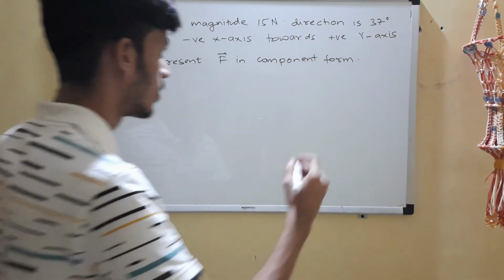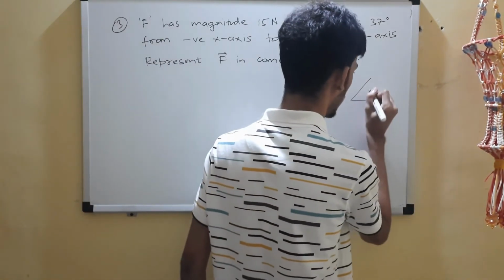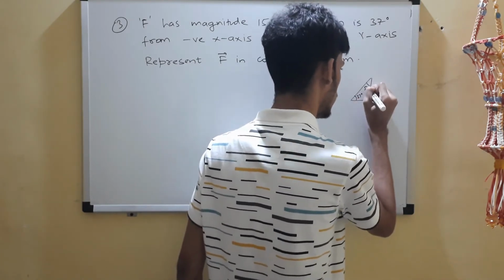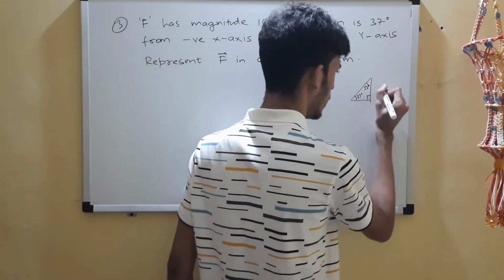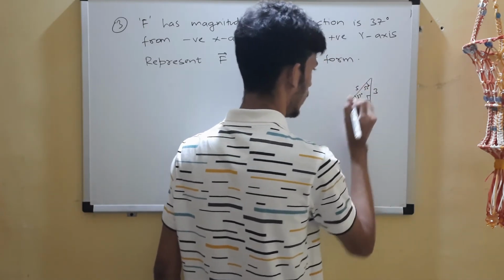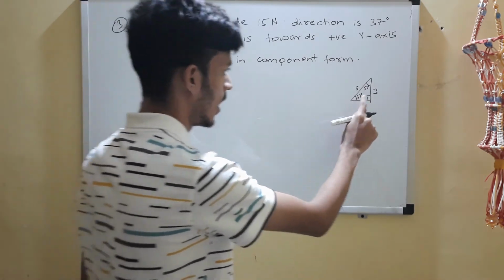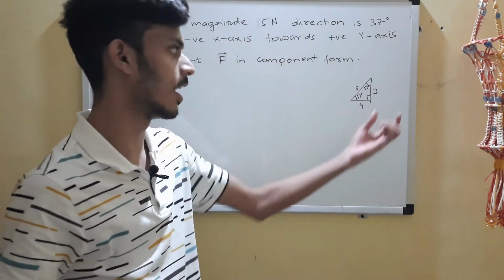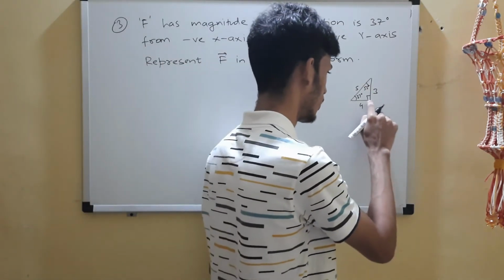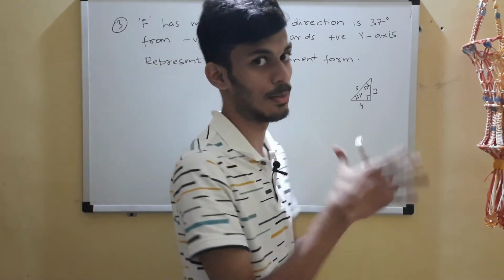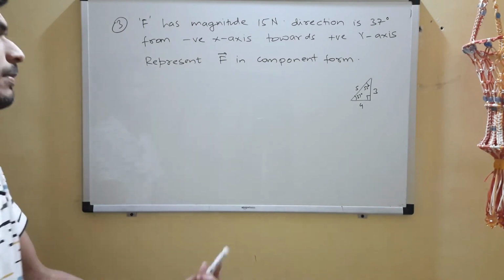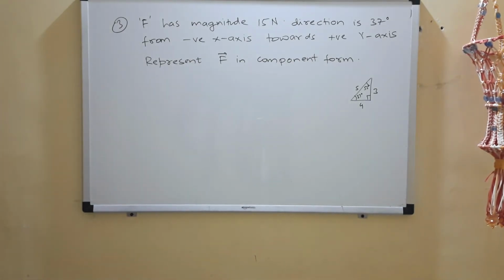Just one thing I forgot to mention about the 37 degrees triangle. You are supposed to remember it from today. From now you remember it: 3, 4, 5. Opposite to the smaller angle 37 you have the smaller side 3. Opposite to the bigger angle 53 you have the bigger side, and the right angle triangle is 3, 4, 5. Famous, right? And you have to remember it from today. This is the most favorite triangle of JEE. So quickly try that problem.